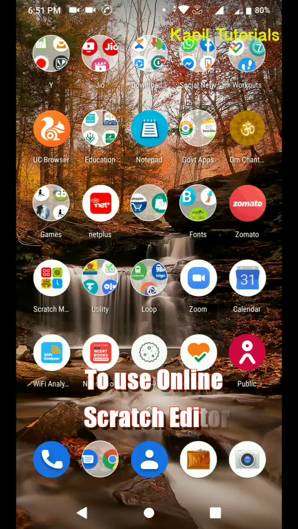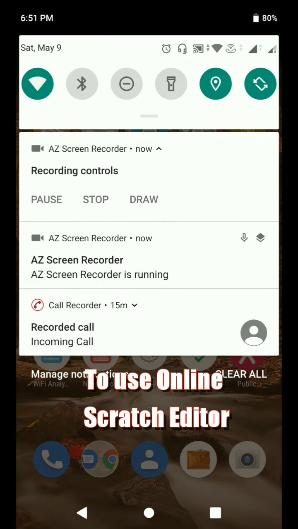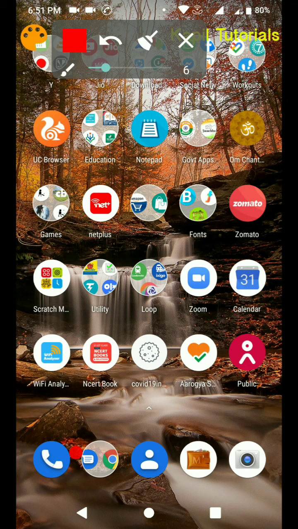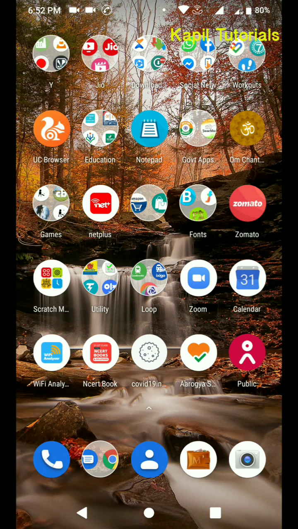So, dear students, some of you are pointing out that Scratch is not working. Although I told you how to use Scratch, and I told you to install this app, and already gave you the link on the WhatsApp group, it seems that on some of the mobiles this Scratch is not working, though mostly it is working.